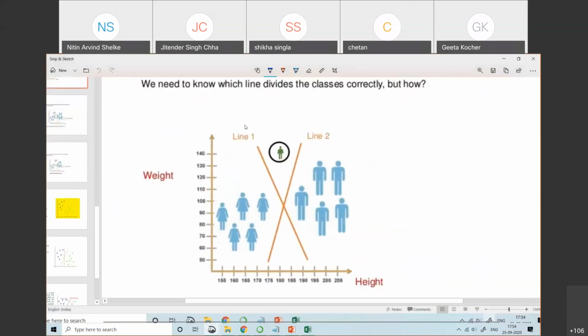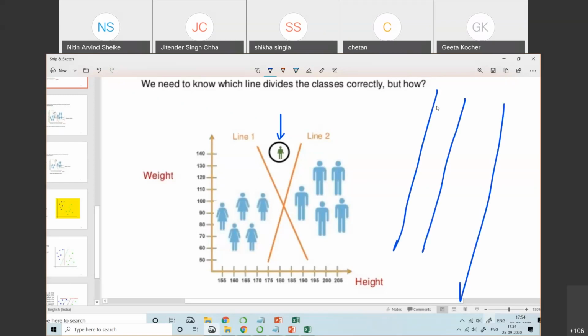Now we have two possibilities as far as this example is concerned. It is a user-created example. This is my new point, and I want to classify this new point as male or female. I want to predict it. For that purpose I have these two lines, out of which I need to choose the best suitable line. How can we choose it? It should depend on your support vector. Best suitable line means the one which has the maximum margin and nearest support vector.